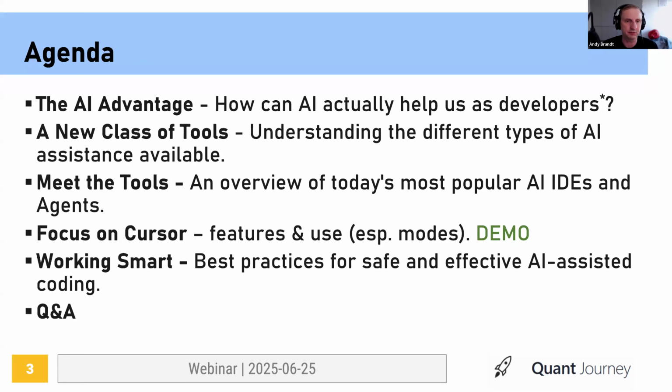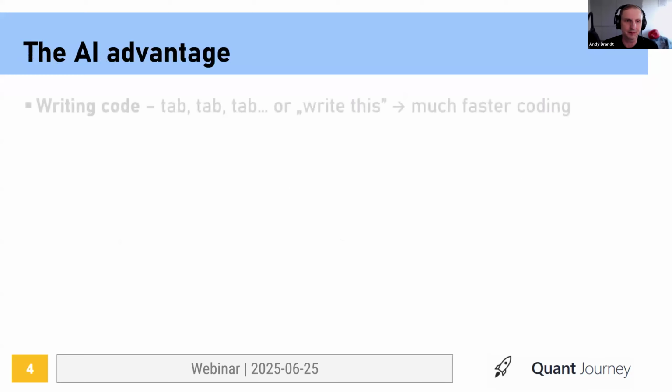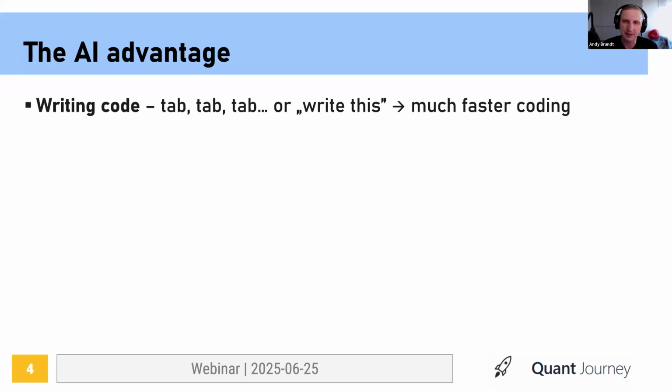So let's discuss what advantages we get. First and most obvious, writing code. Now, this is how it all began, didn't it? It kind of began first with having ChatGPT 3, which was able to generate some code snippets, and then you could copy and paste them, and they kind of worked. Then was the GitHub Copilot, which was able to generate those small code snippets inside the IDE. And it worked, but compared to what we have available today, it was still arduous work to work with Copilot when I remember it now.